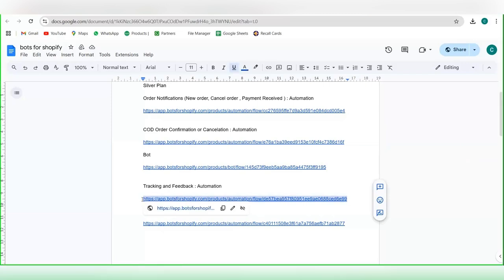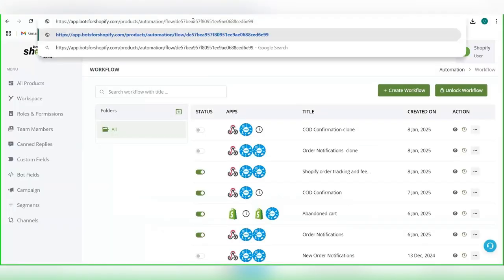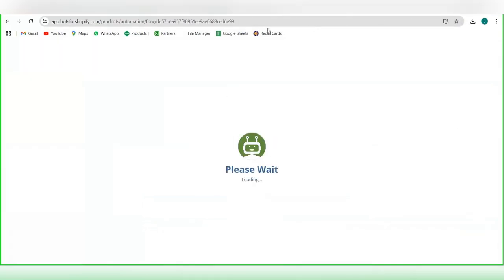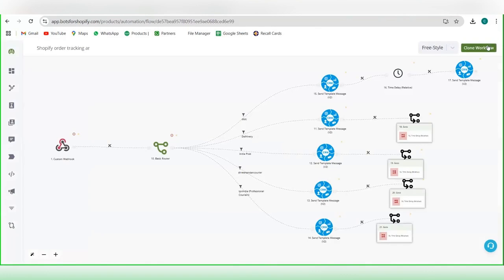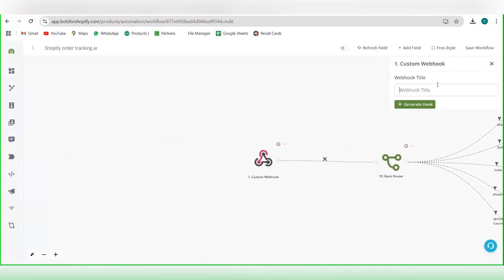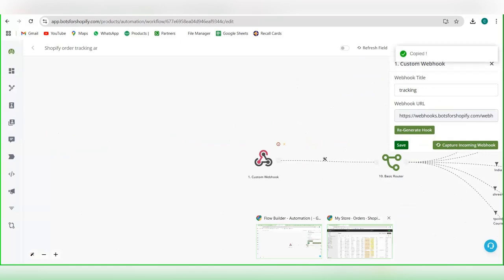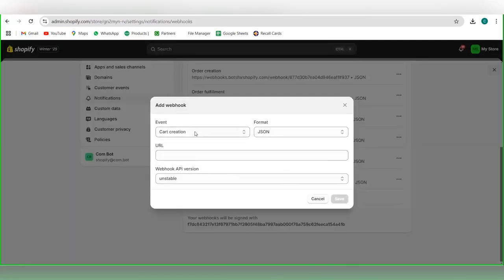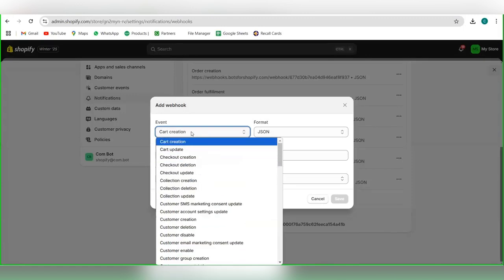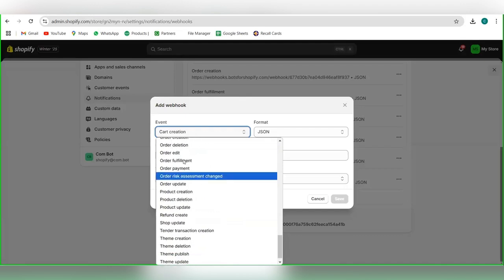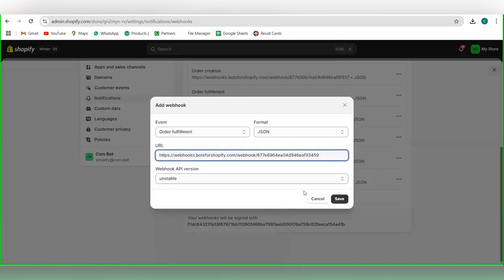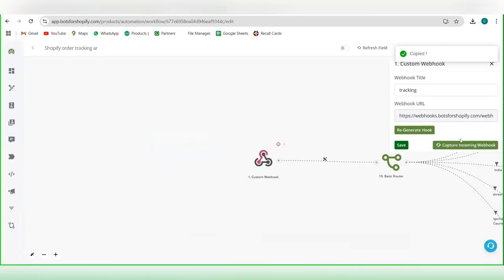Again, we'll clone this flow and over here, we'll receive the webhook, we'll generate the hook, we'll copy the URL, we'll go to Shopify, we'll create the webhook, we'll select the event as order fulfillment, we'll paste the URL, we'll select the appropriate version and we'll save the hook and we'll go for